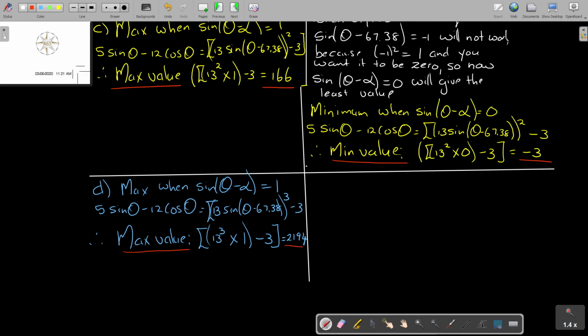The maximum value is now 2194. Now I'm going to write again in white, just to explain it. So when the expression is cubed,